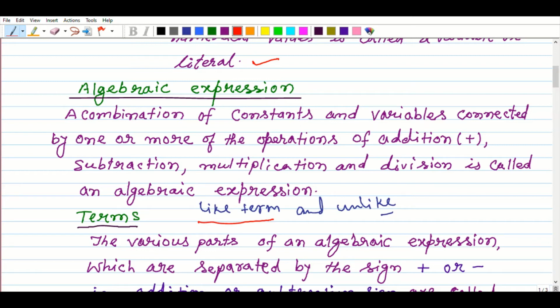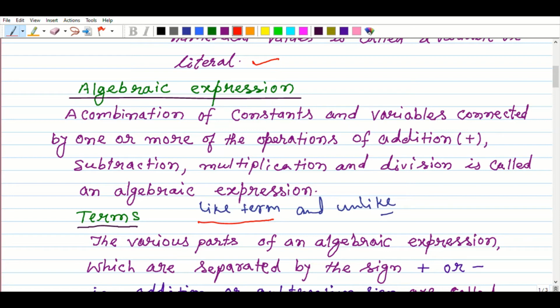But if both purchase the same thing, suppose mango, one purchases 5 kg of mango, the second purchases 2 kg of mangoes as per pocket allowed. So both purchase the same. So like